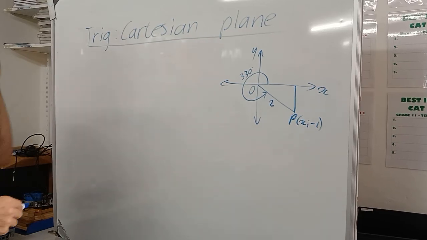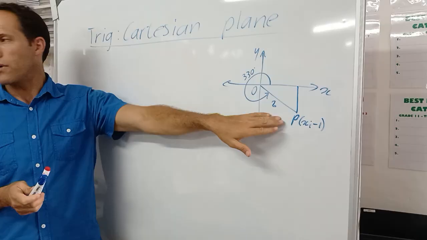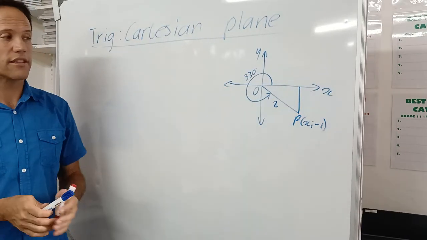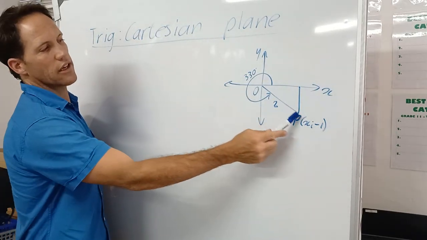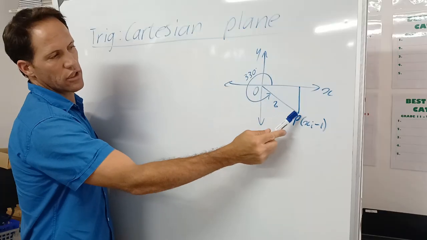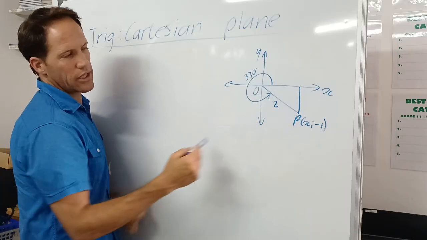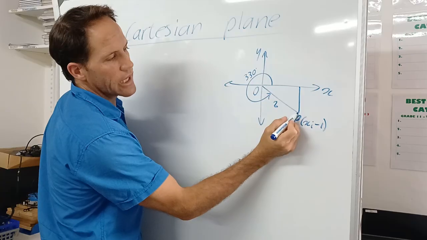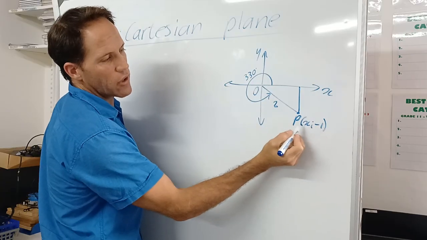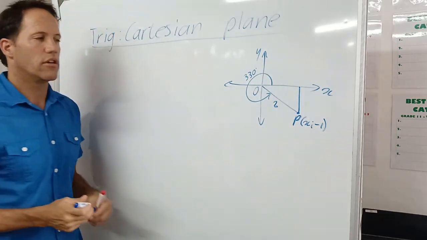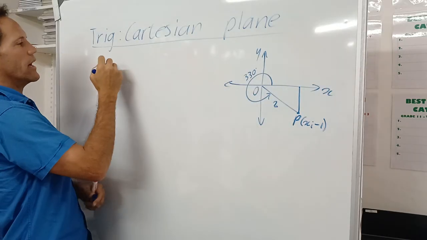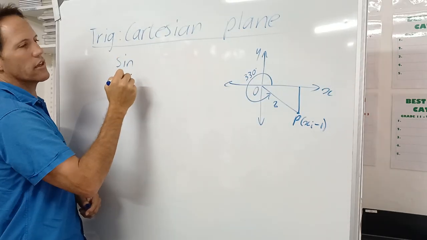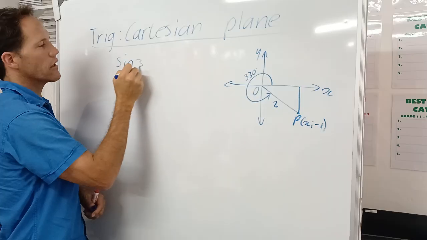Okay, so now I went to the fourth quadrant, doing one in the fourth quadrant. This time I gave you the long side. I said the long side is 2, and I gave you the coordinate P here, and I gave you the y value -1, but I didn't give you the x value. Okay, so if I now say determine sine 330,